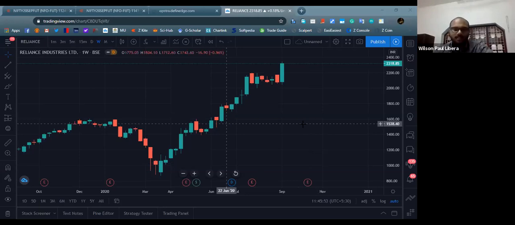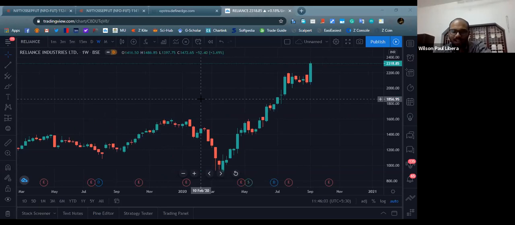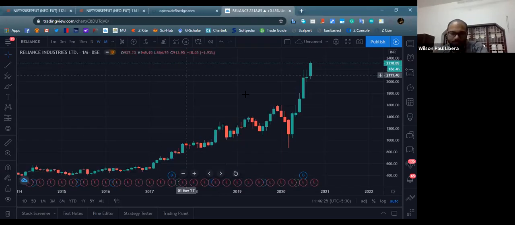Okay. So since you got the idea, we'll go ahead, and what we are going to see is how to decode the price action of a particular security. As I told you, whenever you are analyzing any security or stock or commodity or anything else, you have to look at the highest available time frame. So here we are looking at the monthly time frame. See,